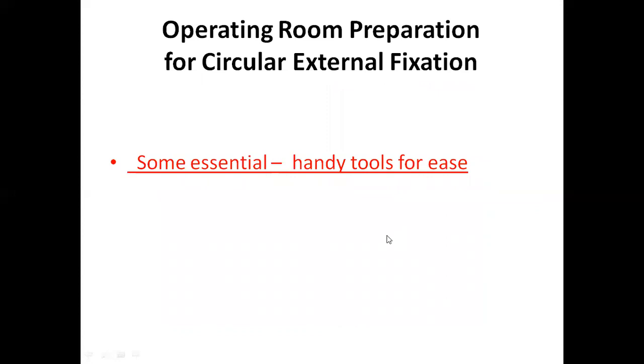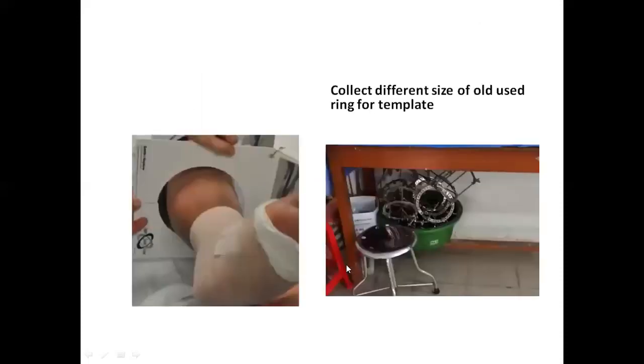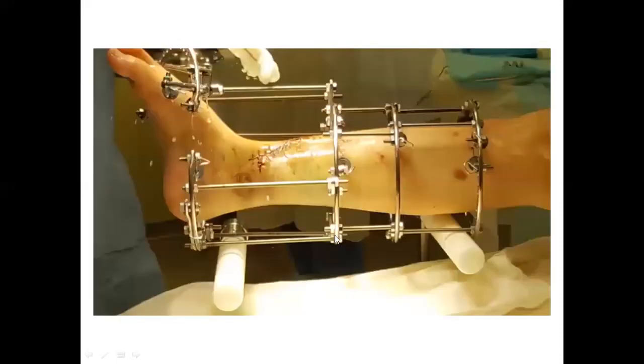So I am now going to the next part that is a little bit interesting. You can see how the rings and arches are modified for your comfort. If you have more used rings, you can use them as a template. Collect 80, 90, 100 or different size rings and put them in your chamber or hospital setting. You can use it as a template, or you can use this type of cardboard also.